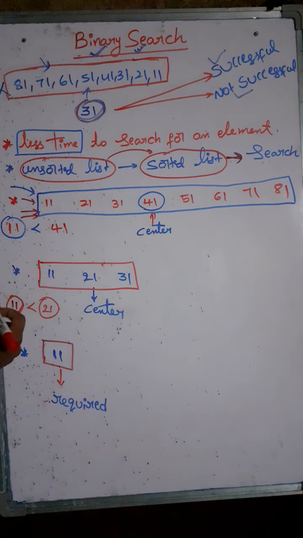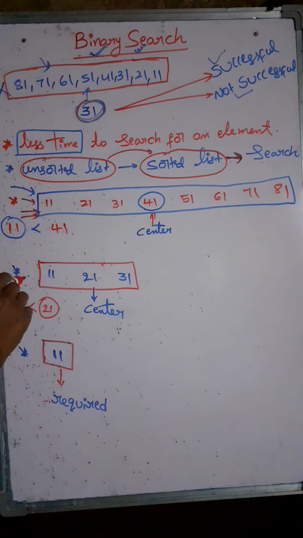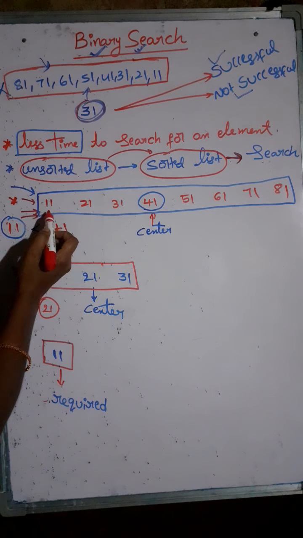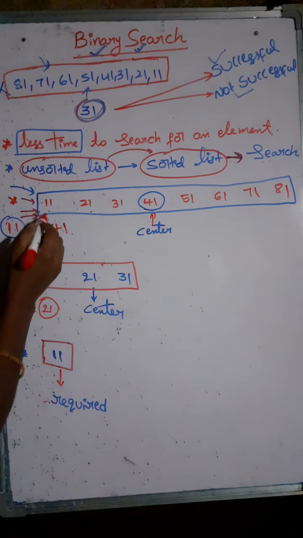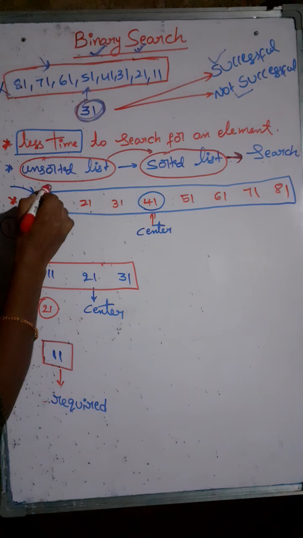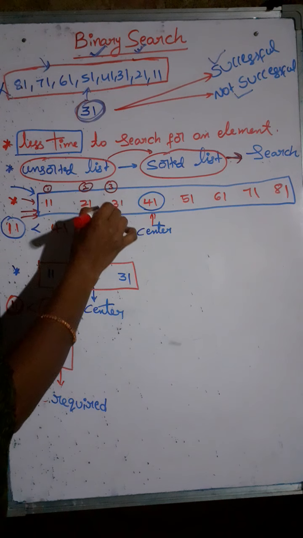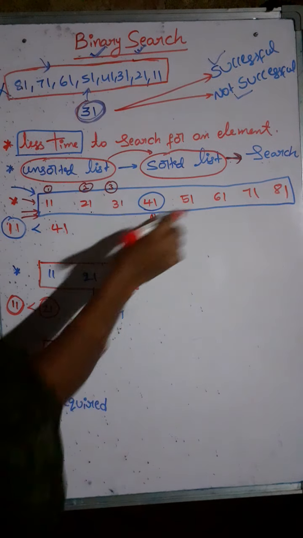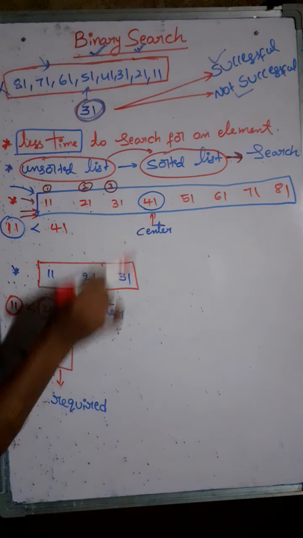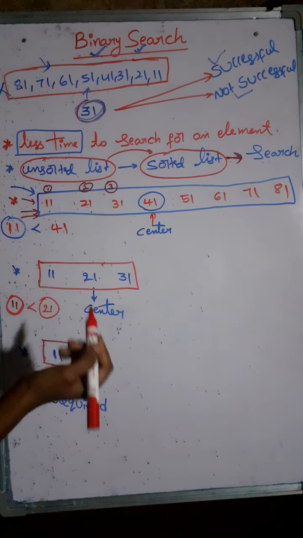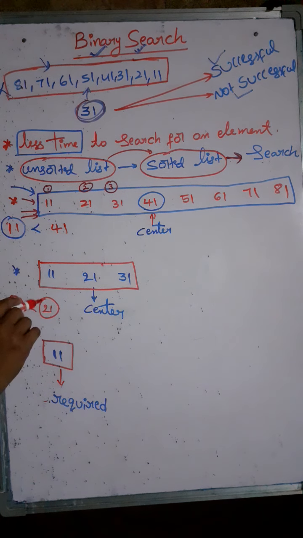Let us assume that I have given you a textbook. In this case, the page numbers in the textbook are in ascending order. Let us assume that these are the page numbers. 11 is the page number of the first page, the second page number is 21, the third page number is 31, and like that I have many pages. If you observe, these page numbers are in ascending order, right? So now I can apply the binary search method. I will explain the binary search method with the help of an example.